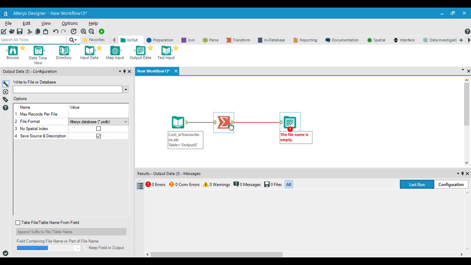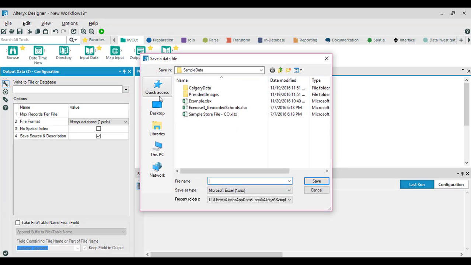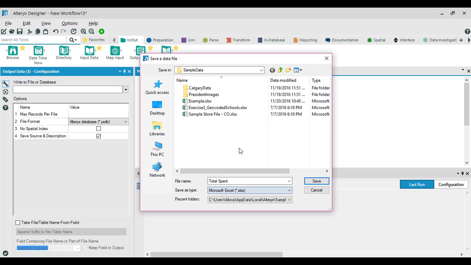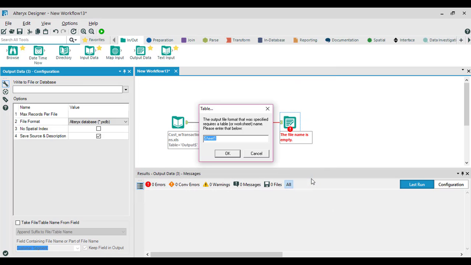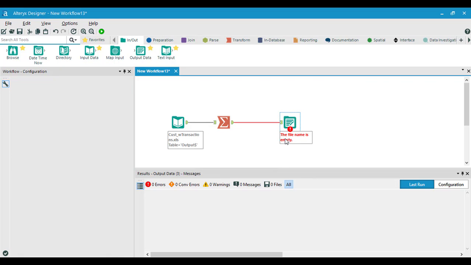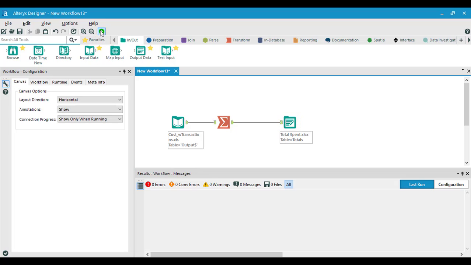So now the Summarize tool passes records to the output data tool. To create a new file, it's actually very simple. We're just going to go over here, File Browse, and just save it as total spent. You can save it as any sheet you'd like, but for this exercise, we're just going to choose to save it as an Excel spreadsheet. Alteryx will always ask you what you'd like to name the sheet, and for this, we're just going to name it Totals. And press OK. All of this, though, does not get executed until we hit the Run button. So we're going to click this